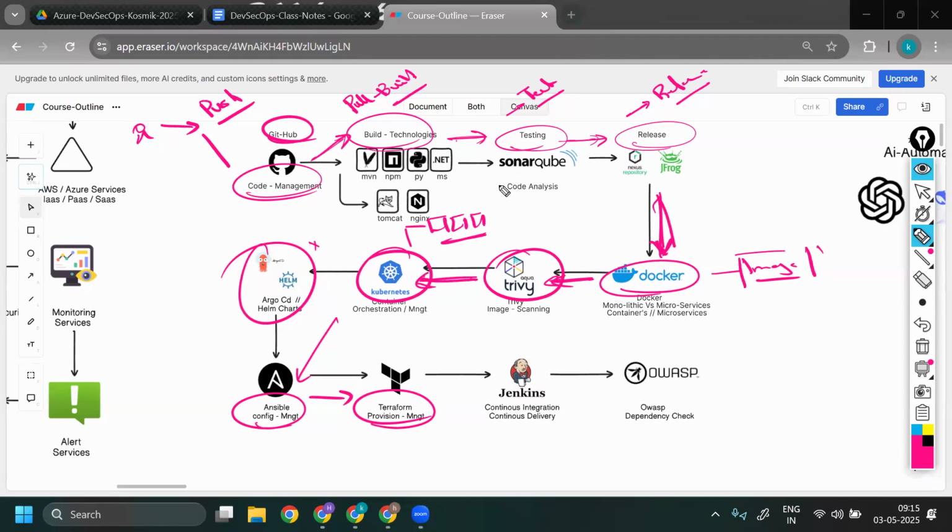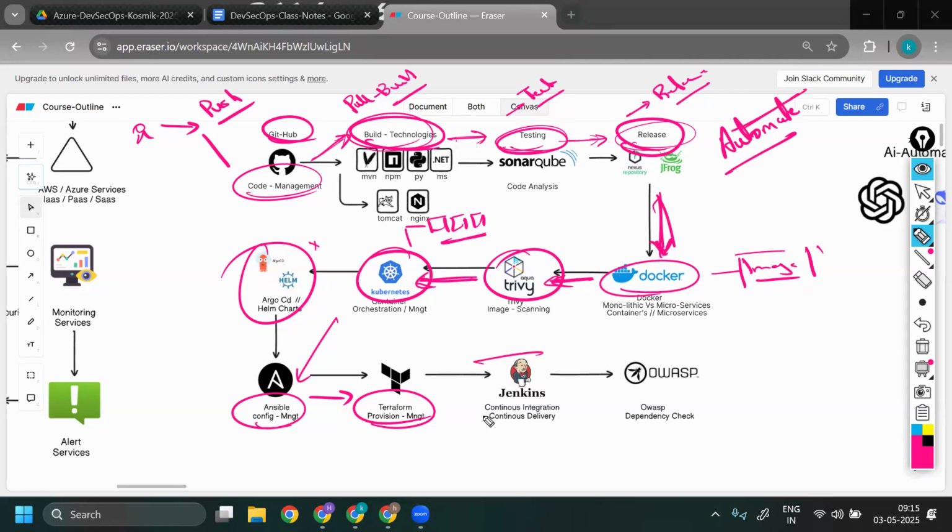So whatever we have been doing so far, we have been working on it in a completely manual layer. But now the problem is, on a production environment, this can't be done. On a production environment, we need to automate this. What I mean by automation is every tool will be performing its own job, but then